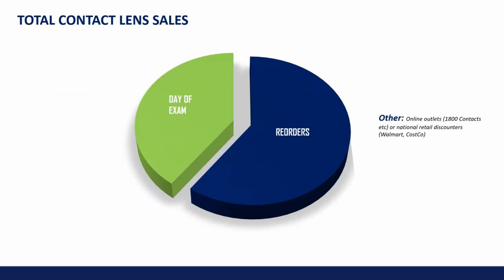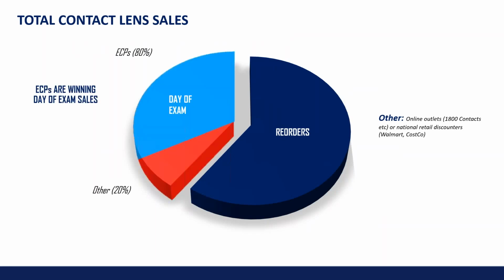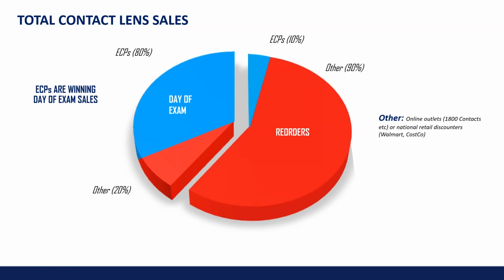So let's look at the contact lens sale pie chart again. On the day of the exam, ECPs are doing great. They're collecting roughly 80% of the orders on the day of the exam. The other 20% are walking out and then ordering from online competition, big box retail, and the like. On the reorder side, only about 1 in 10 reorders are going to go back to the ECP who originally did the contact lens exam. So I don't know if that shocks anybody on the phone,